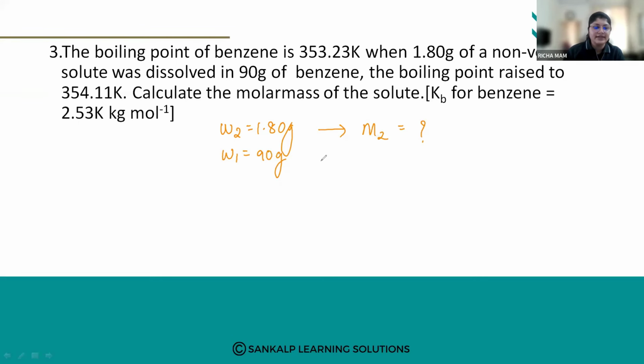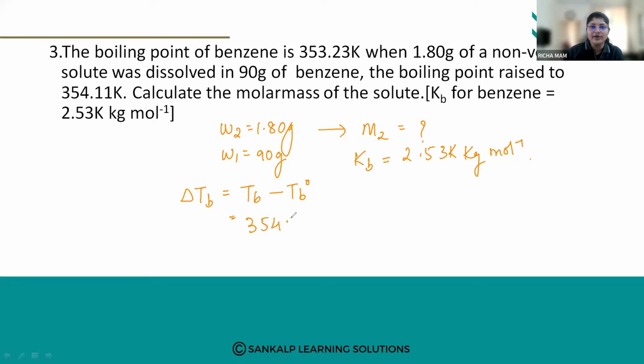So your Kb value is given. Kb is 2.53 Kelvin kg per mole. Now we have to calculate the difference in boiling point. That is given as delta TB is equal to TB minus TB naught. So TB is